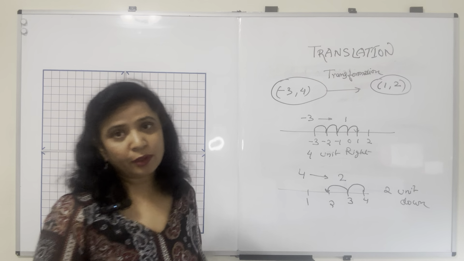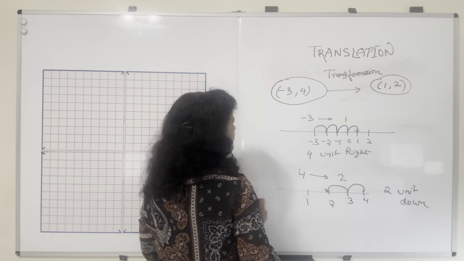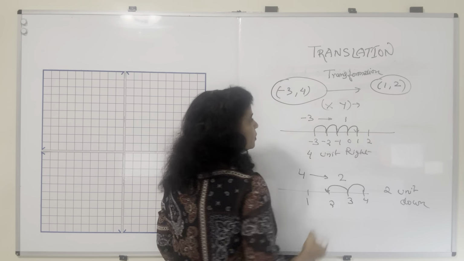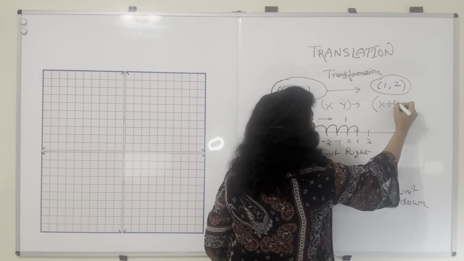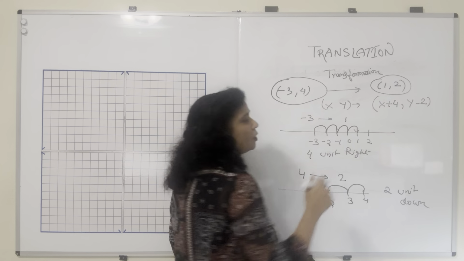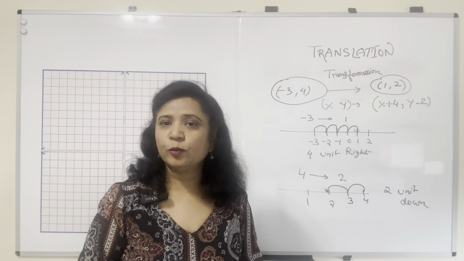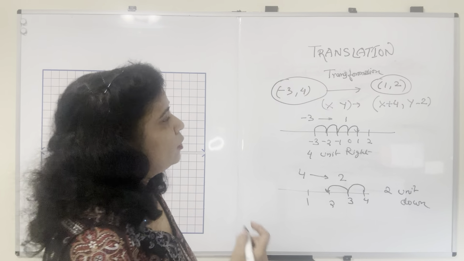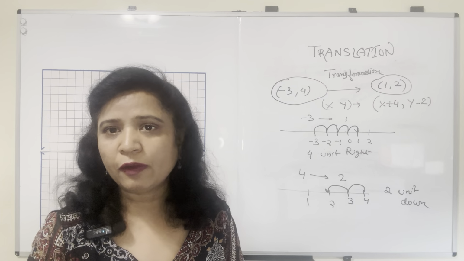So now how will you write it in the coordinate notation form? That means your x, y is moved 4 units right, meaning x plus 4, and 2 units down, meaning y minus 2. So this is your coordinate notation for this transformation. Any number they can give you for x and y, you just have to add 4 to your x value and subtract 2 from your y value, and you will get